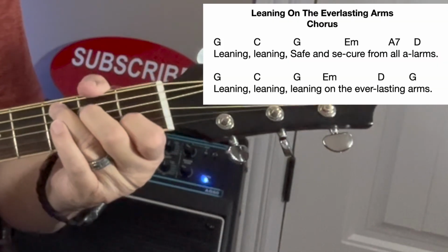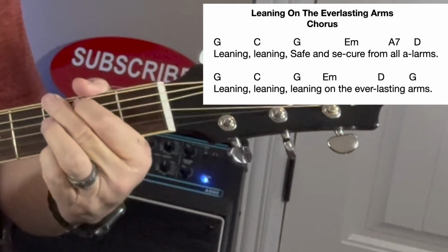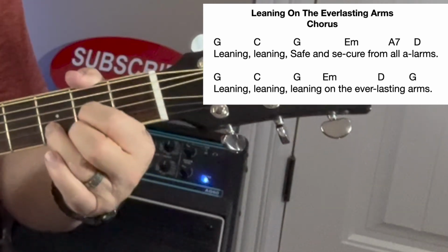Leaning, leaning, safe and secure from all alarm. Leaning, leaning, leaning on the everlasting